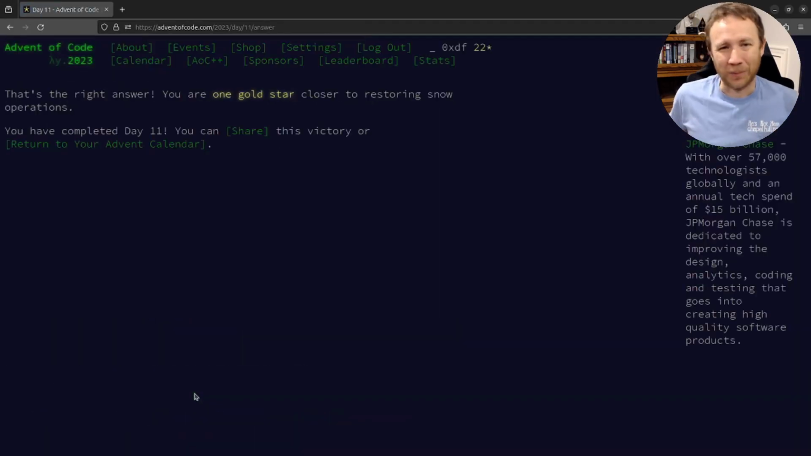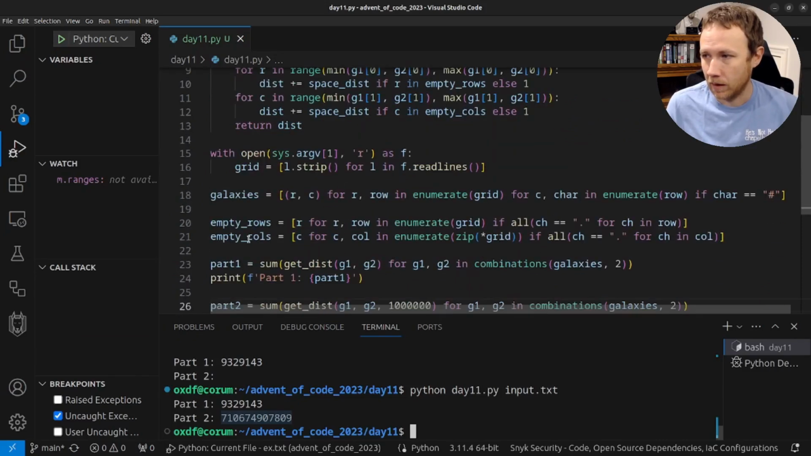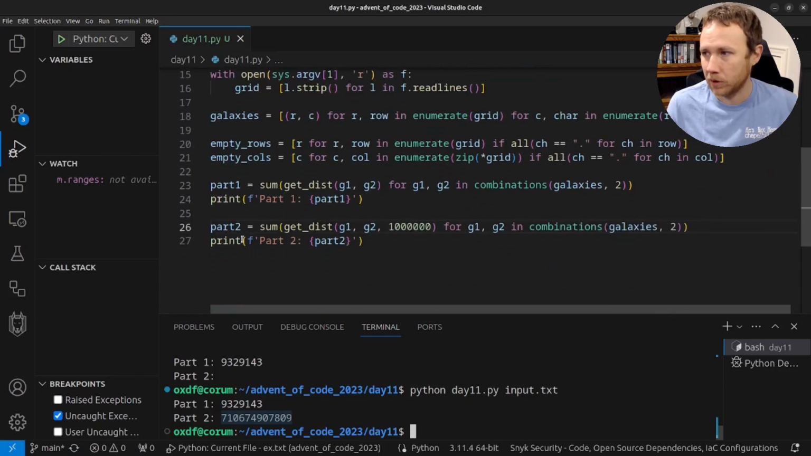That might be my fastest part 2 solve in a long time. Because we didn't try to modify the graph, and just used this function to calculate based on where the empty rows were, this was really easy. So